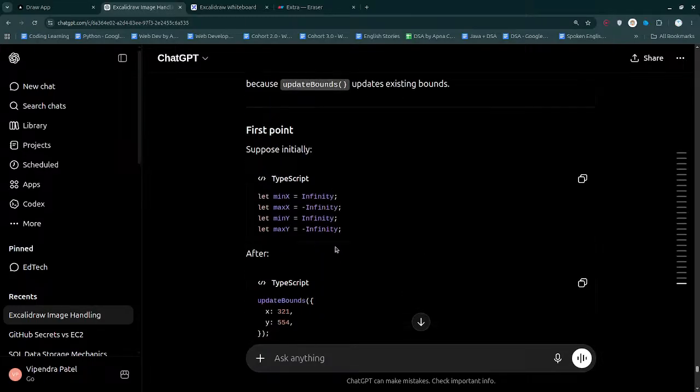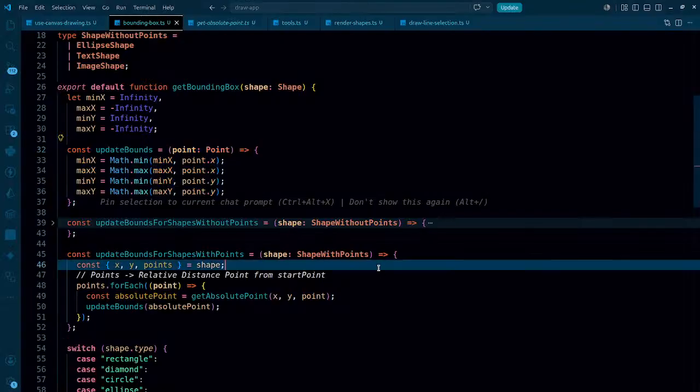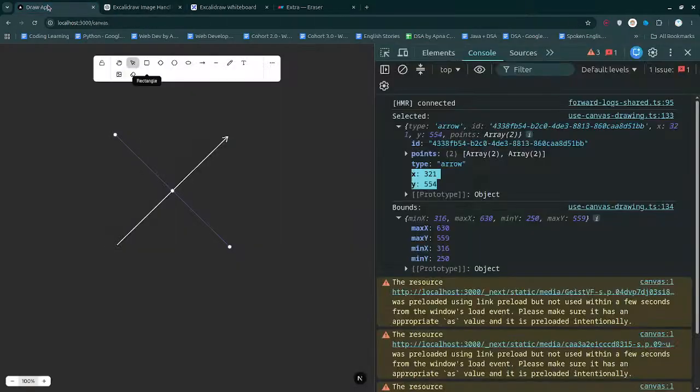So 321 and all this fine. Just a minute. I'm actually getting what? Min x 360 and 250. That's just the opposite. So if I draw it like this, it goes in the negative direction. Once it actually goes in the negative direction,